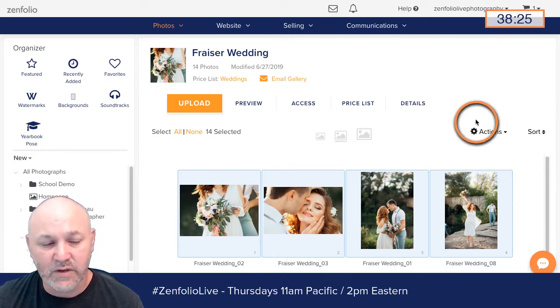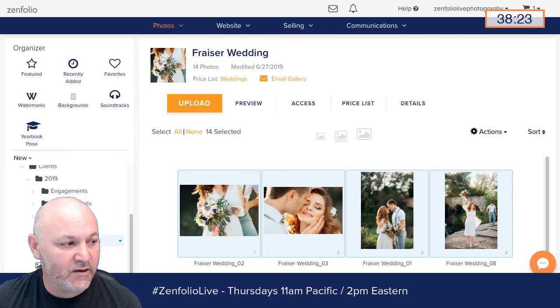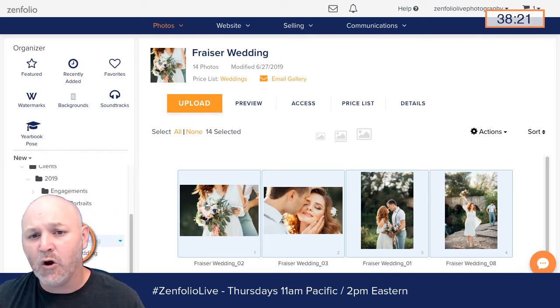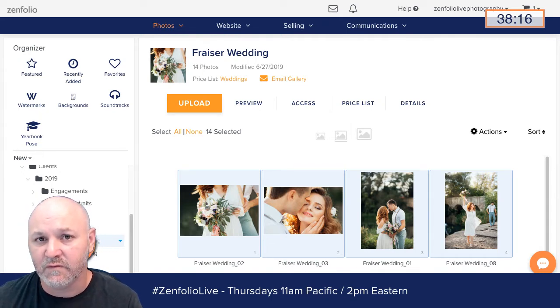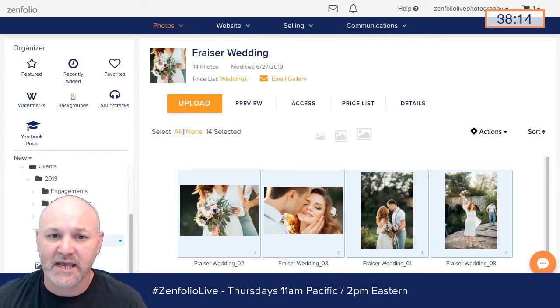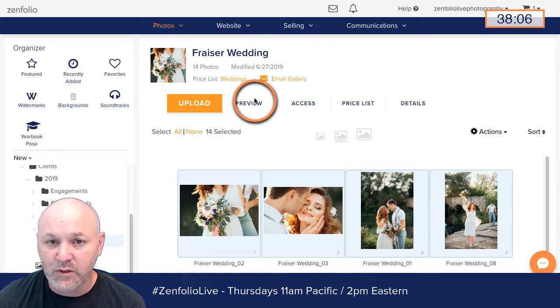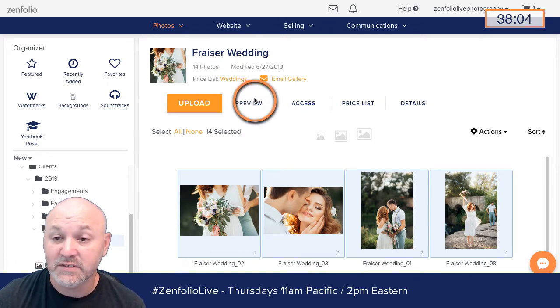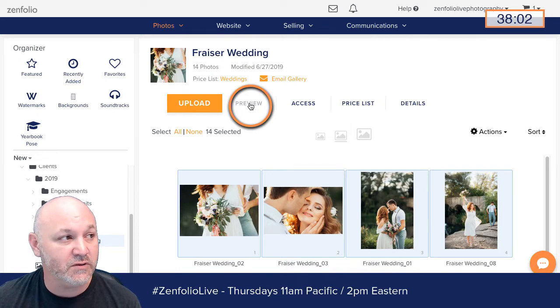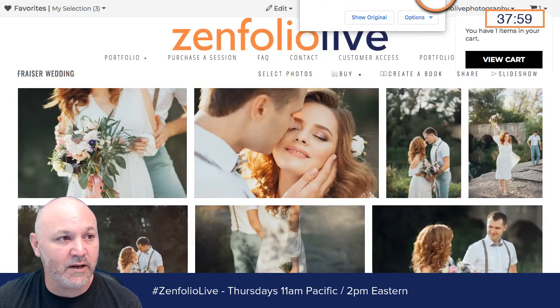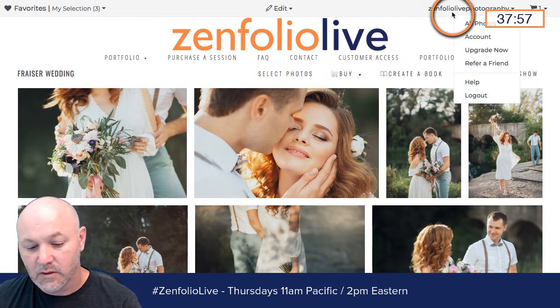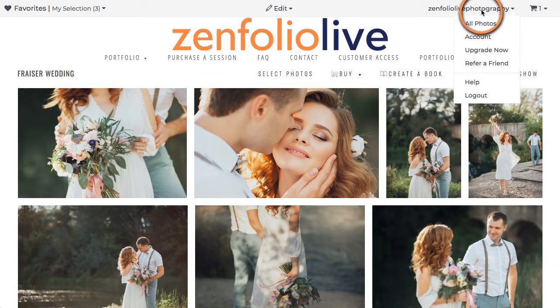So what we're going to do is go right here, and I'm going to open this up in a new incognito window. Anytime you're testing out a client gallery, it's really important to know how to actually test it out like a client would see it. If you just hit preview, you're going to be viewing it like you, the photographer, when you're logged in. I'll show you this really quick, because you can see right up here at the top right, it shows me being logged in as the photographer.